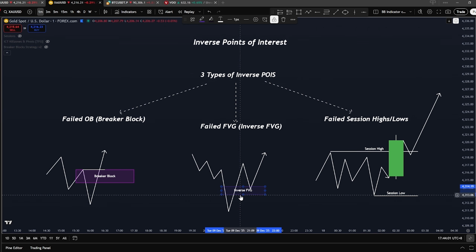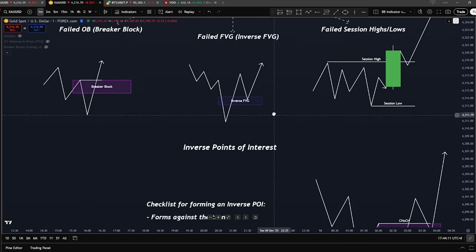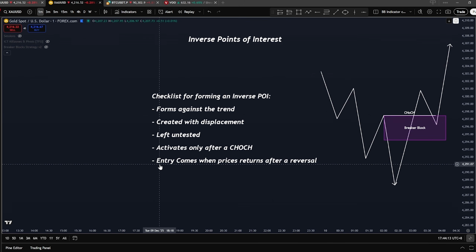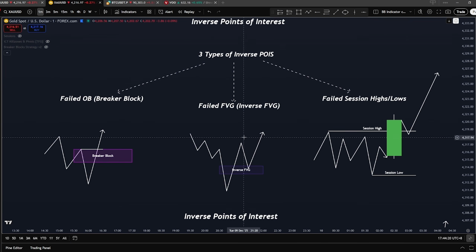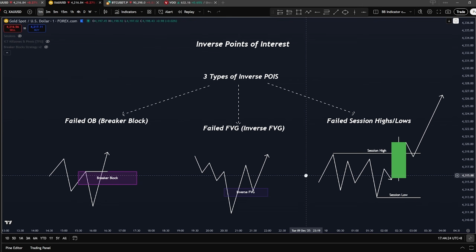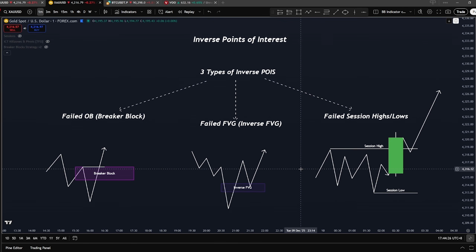So you have a fair value gap, and then if it fails, it becomes an inverse fair value gap. Just put the word inverse in front of it, and you're good. So now how do I use them? Same thing. Remember this. Entry comes when price returns after the reversal. Retest. So you want to see price retest that to continue higher. It's very, very important. Now, the last type of inverse point of interest is going to be your session highs